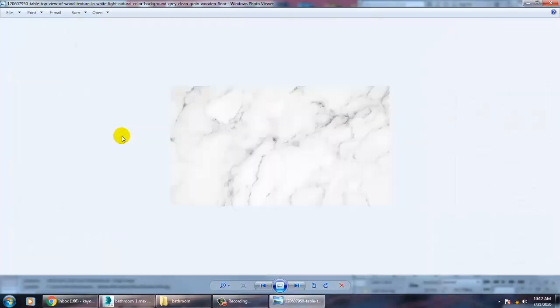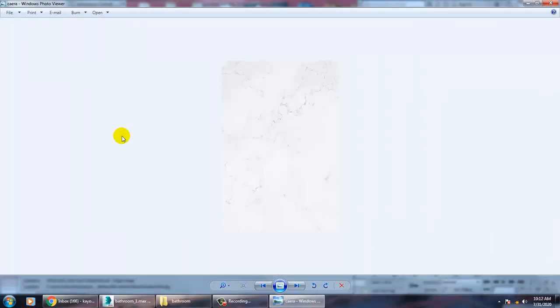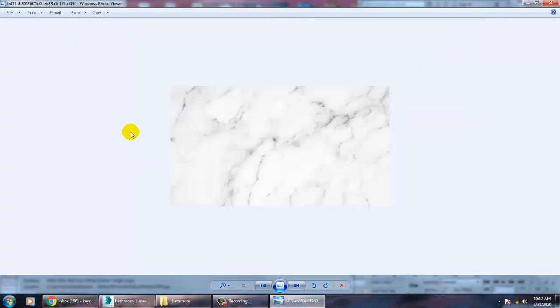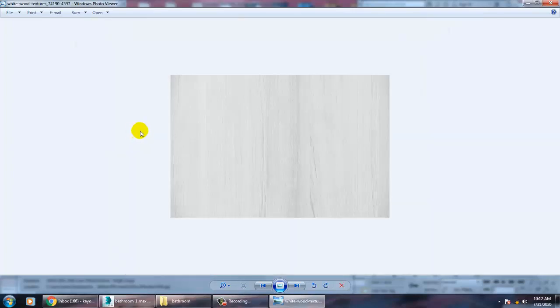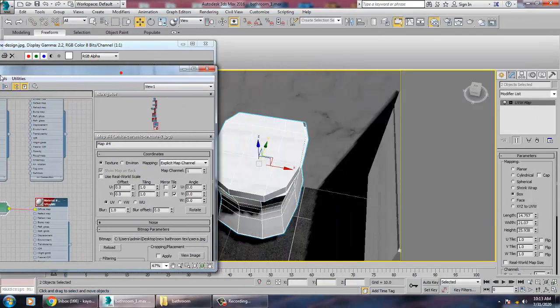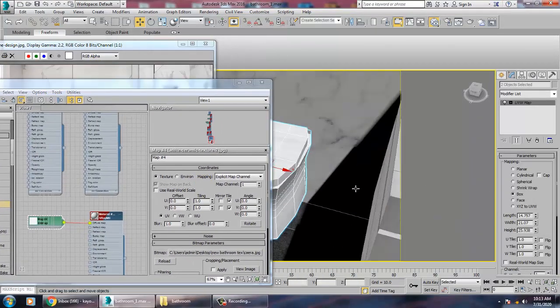This is a good texture. Ceramic, that's just ceramic. Okay, much better now.